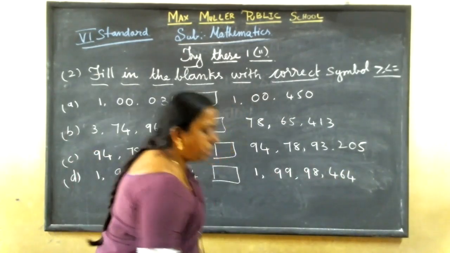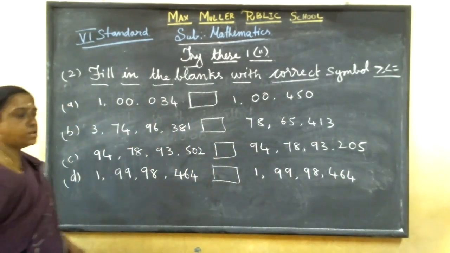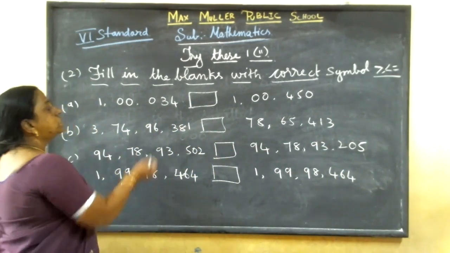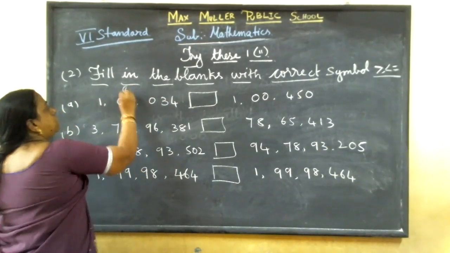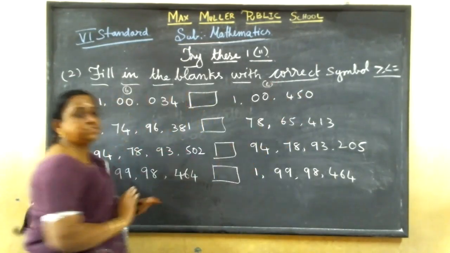This is very easy. You know that, but I will teach you a tricky method where you can do it very quickly. See, first step, you count the number of digits. So here 1, 2, 3, 4, 5, 6 digits. Here also 1, 2, 3, 4, 5, 6 digits. Both are 6 digits. Digits are equal.